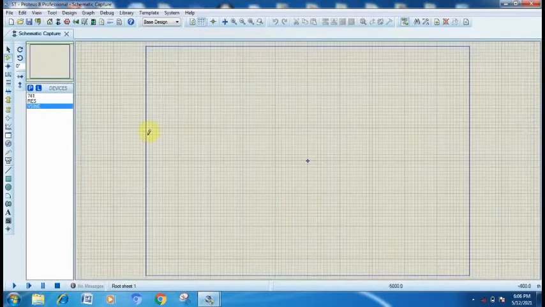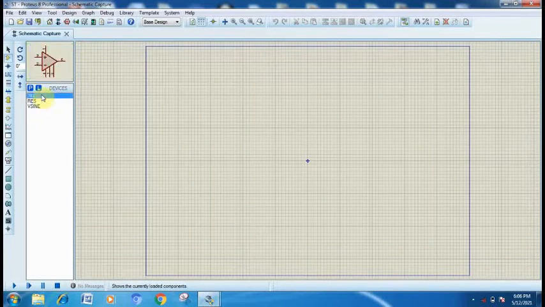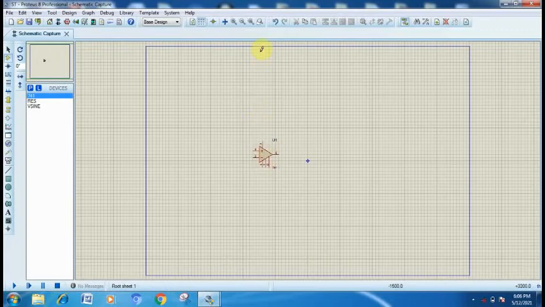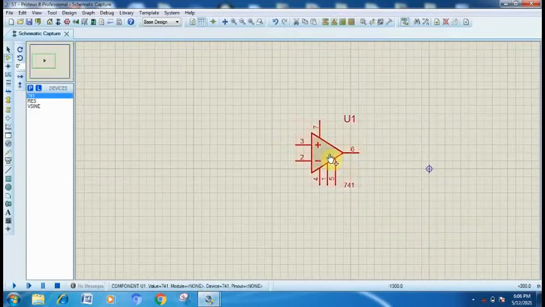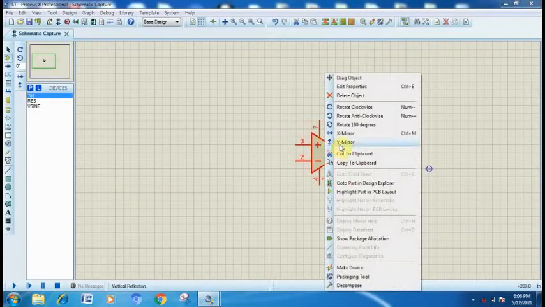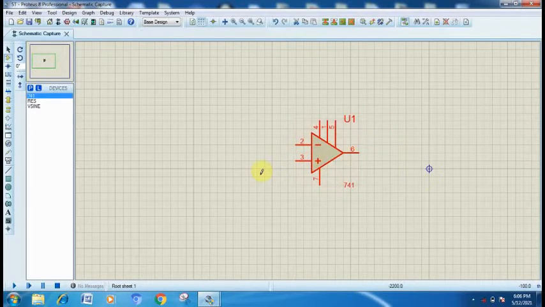Now click on OK. First place the 741 IC. Now zoom to selected area so that it will be helpful for us to draw the schematic.